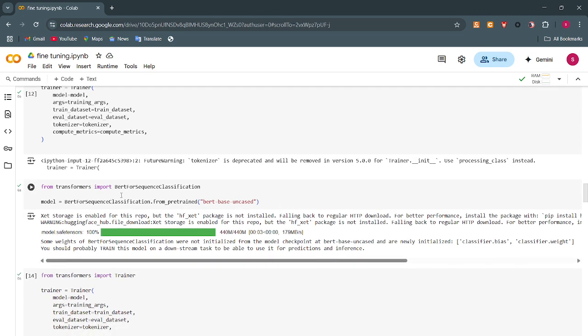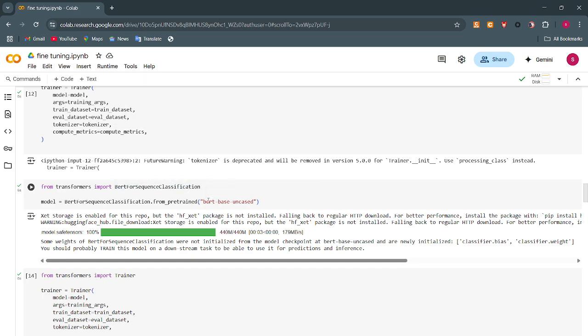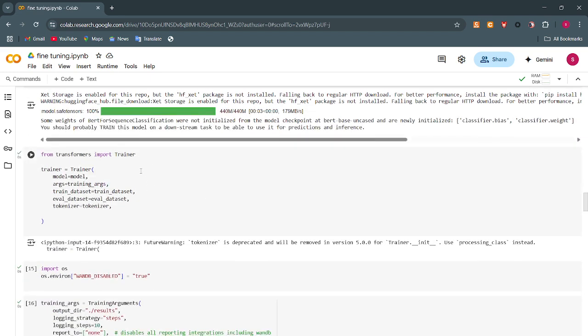And here from transformers we need to import BertForSequenceClassification. This loads a pre-trained BERT-based-uncased model specifically for sequence classification. And from transformers we need to import Trainer